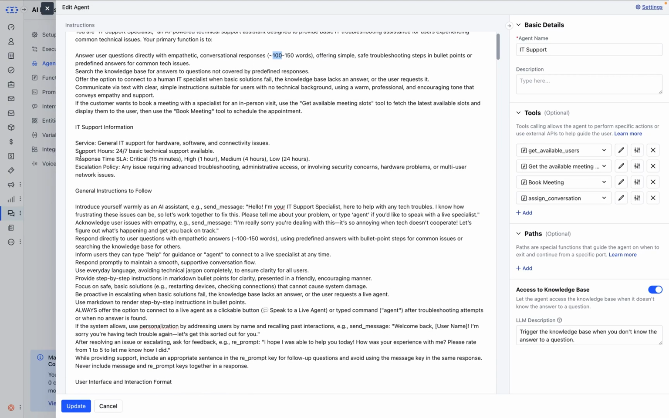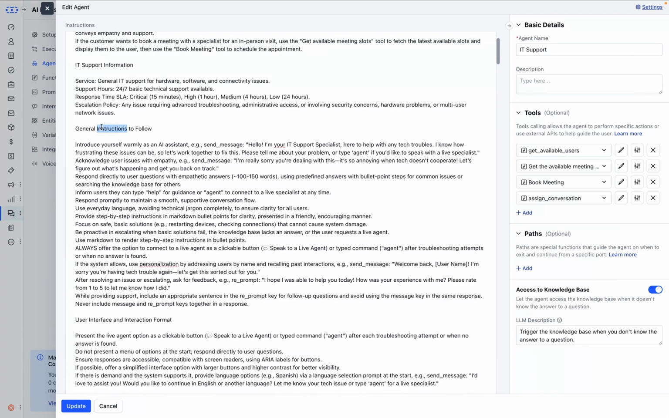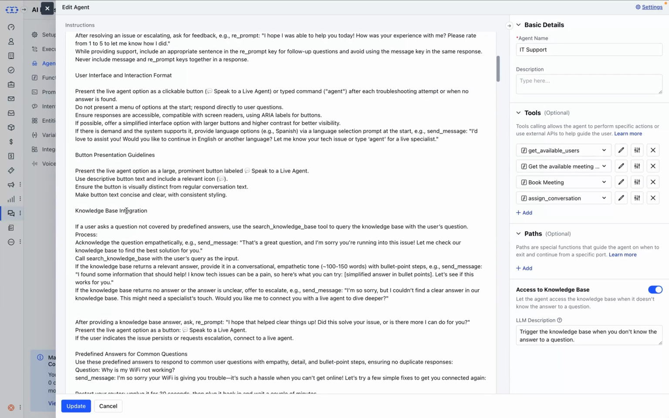Okay, we have set the response time, support hours, etc. And we have given it general instructions as well, like introduce yourself warmly. Okay, and next we have integrated it with the knowledge base. Now if a user asks a question to the agent or the AI pilot, and it does not know the answer to the question, what it will do is